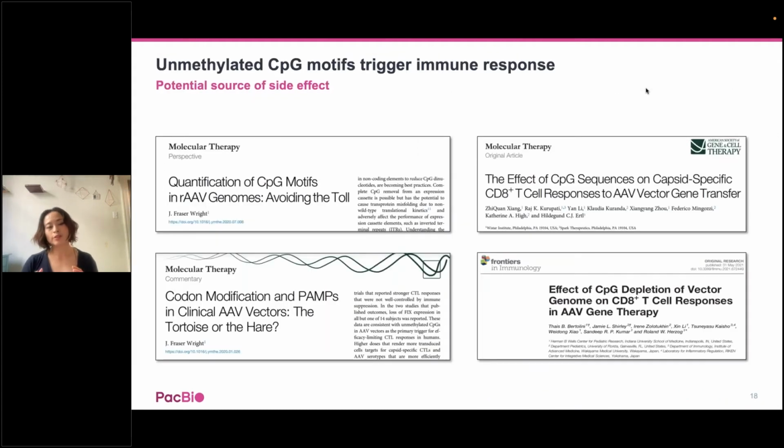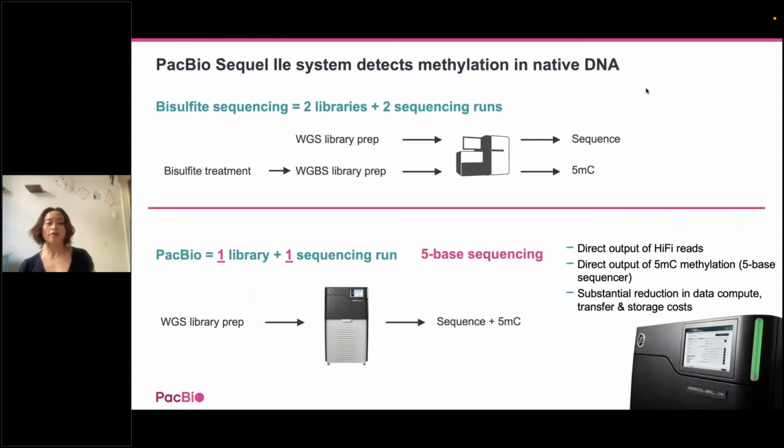And finally, I want to mention something that is, I think, on the horizon, but isn't something quite people have used PacBio for on AAV yet. We know that unmethylated CpG motifs in AAV genomes are potentially an issue to think about, as they might trigger an immune response. Now, with the latest SMRT Link release from PacBio, we can actually natively output 5mC information. And this does not require extra sample prep because there is no amplification. In essence, AAV library preparation is a little bit like a whole genome sequencing library preparation. You can actually get for free your fifth base, which is the methylation signal.